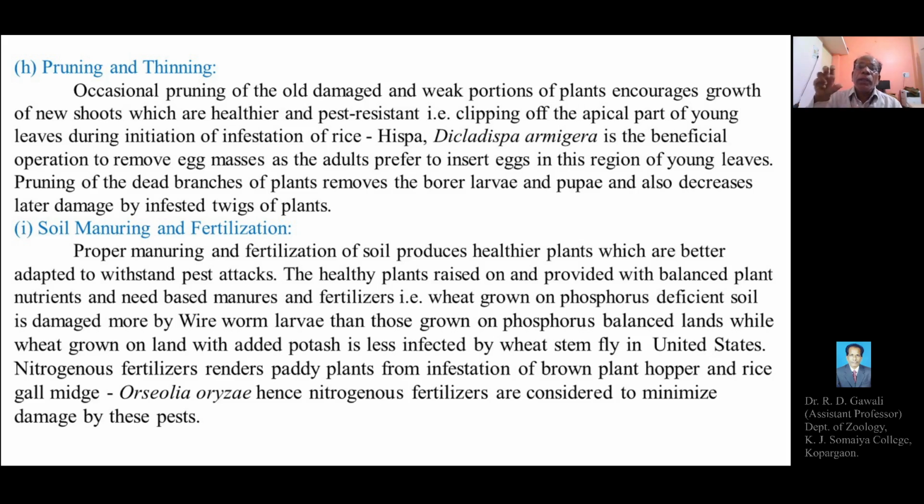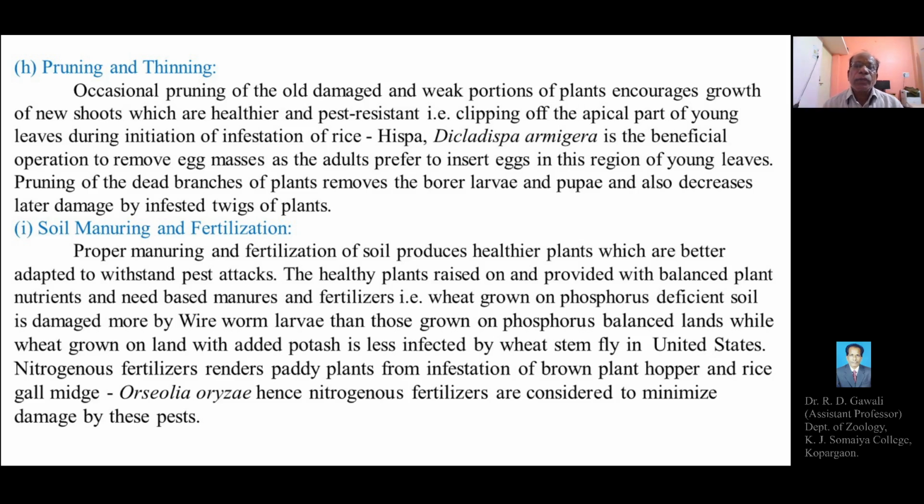This will help in the proper development and growth of plants into healthier plants, which will become much more resistant to pest attack. So this can withstand pest attacks. The healthier plants of the crop will withstand pest attacks. The healthy plants raised due to the addition of organic manure or soil manures and fertilizers will increase the nutrient level or fertility level of the land,